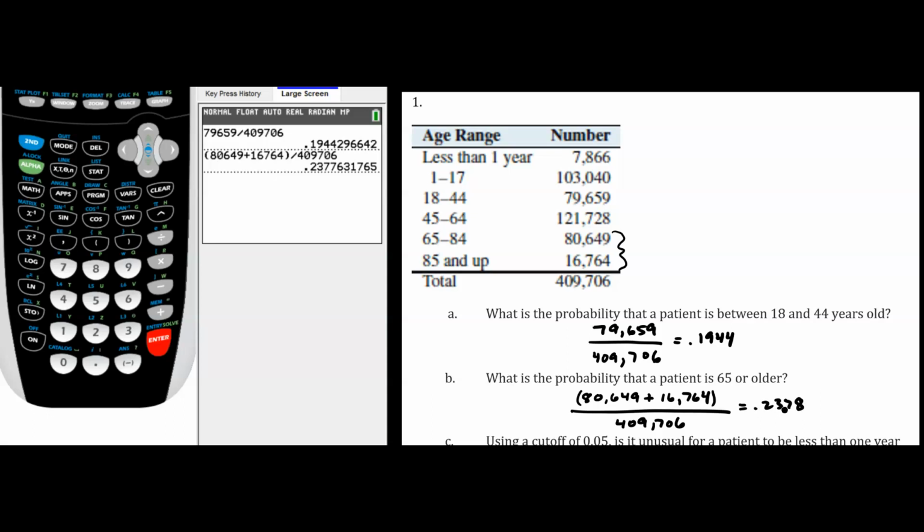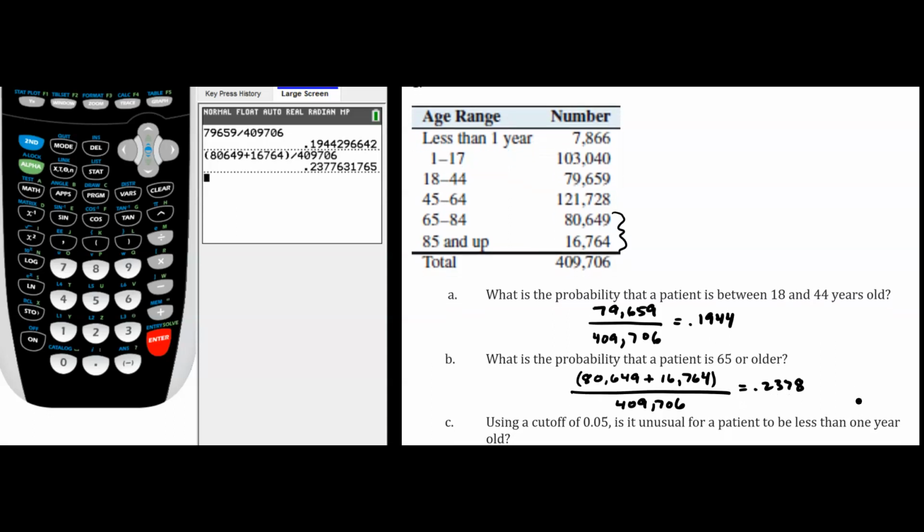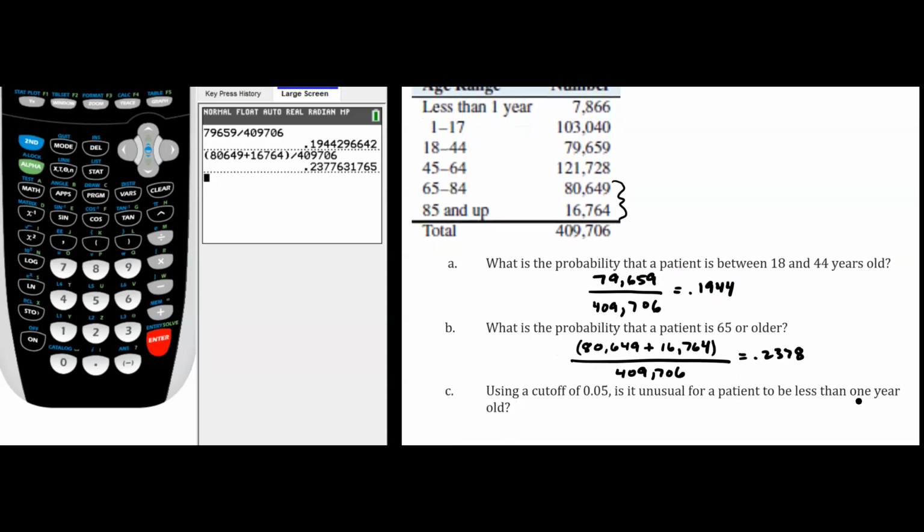Okay, let's go to part C. It says, using a cutoff of 0.05, is it unusual for a patient to be less than 1 year old? So let's find the probability that a patient is less than 1 year old. And if that probability is less than 0.05, then it is unusual. So the number of patients that we have that are less than 1 year old is 7,866. So I can take that, divide by my grand total of 409,706,